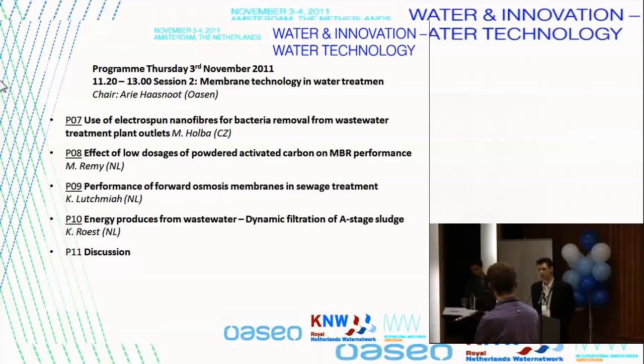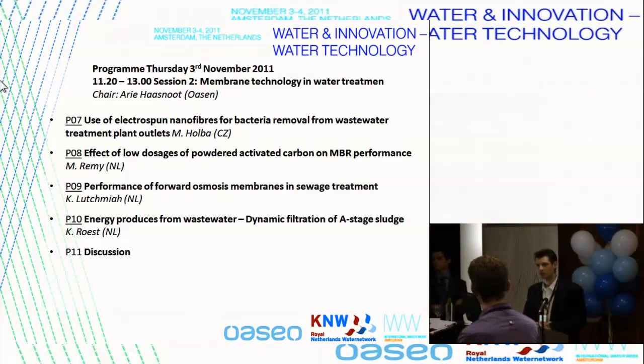And it could be more difficult because you need the formation of a dynamic membrane. It would be nice if you have actually big flocks, and if you have it after the clarifier, you might already have lost the big flocks and maybe have only very small particles, which are also for membrane filtration very often a cause of clogging. And I'm not sure how that will work with dynamic filtration. But on the other hand, in literature we have seen a study about dynamic filtration of surface water. And I don't know exactly the quality of that surface water, but also in surface water you do not expect a lot of big flocks actually.